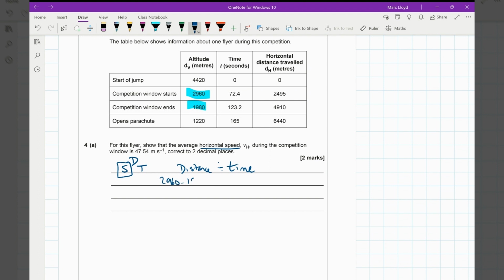2960 take away 1980, that's going to tell us absolutely nothing. And that's because that's the vertical altitude. So that's just the window. So 4910 take away 2495 is our horizontal movement. So if they're flying sort of in there and there, and then the time it took is 123.2 take away 72.4. Okay, this is then all calculator input. 2415 divided by 50.8, and that's going to equal